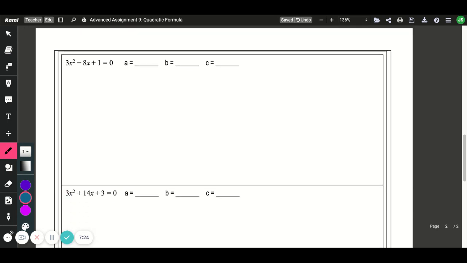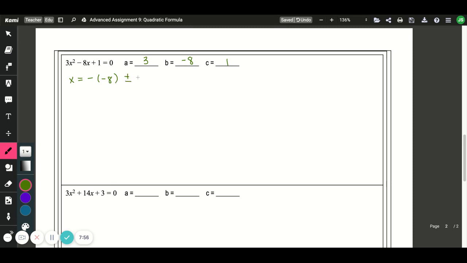It would be a great spot, once again, to pause, try your hand at it, and see how you do. So A, it's in standard form, it's set equal to 0. A is 3, B is negative 8, and C is positive 1. So when I plug it in, I get x equals negative B, so negative negative 8,